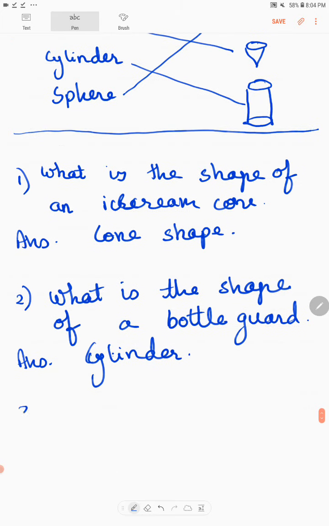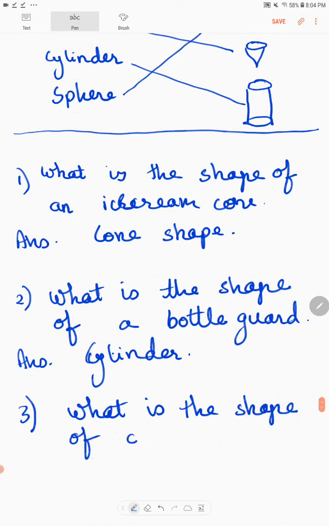Okay. What is the shape of onion? Your answer is sphere. Okay.